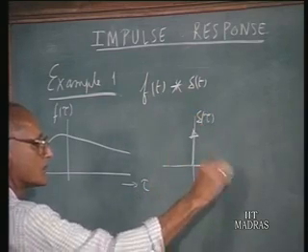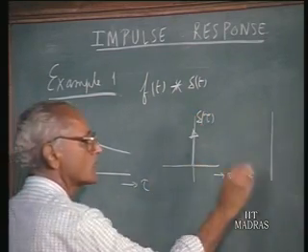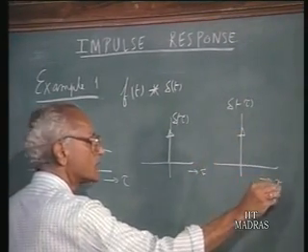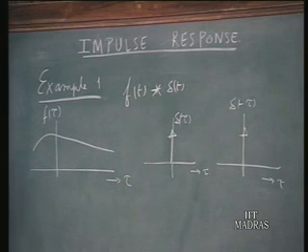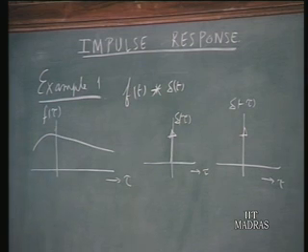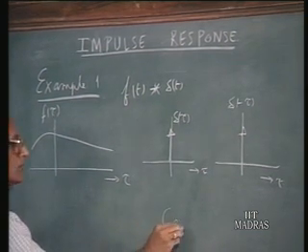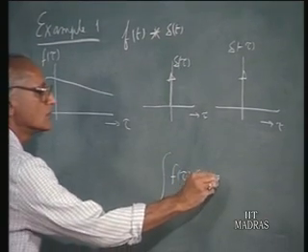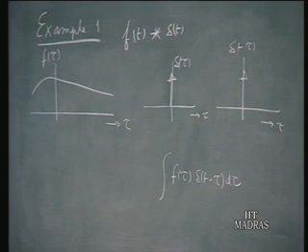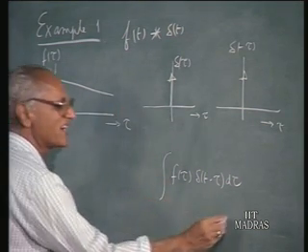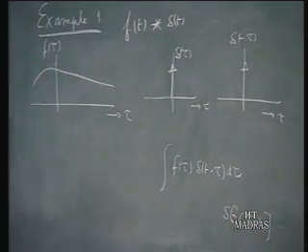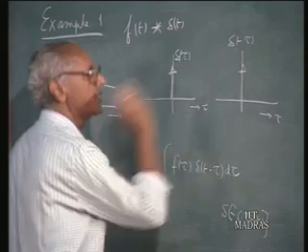Now delta tau is this. So delta minus tau is also the same thing because it is an even function. So if you fold it, it becomes the same thing, delta tau. So that means delta tau is now here, delta minus tau, and what is it that we want to do? We want to take f tau delta t minus tau d tau, and you want to integrate that. So instead of delta tau you must take delta t minus tau, that means you must take delta of minus (tau minus t). That means you must advance this delta by an amount equal to t.